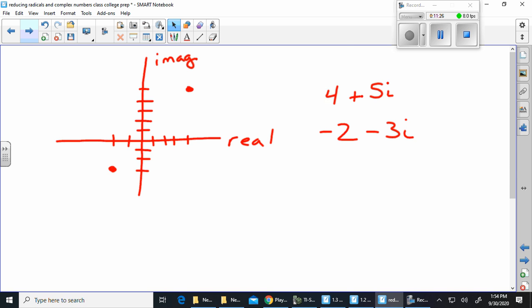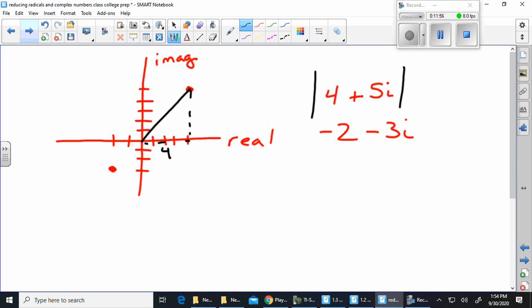And then the other thing that a lot of people forget about, if I went like that, you think you're like, oh, that's absolute value. Remember that absolute value is the distance from 0. So if I'm asking you how far away is 4 plus 5i from 0, the easiest way that I say to do that is draw a triangle and think that's 4, that's 5,